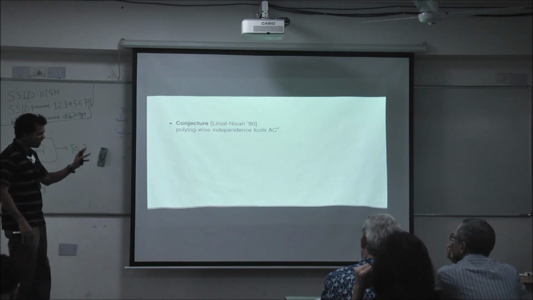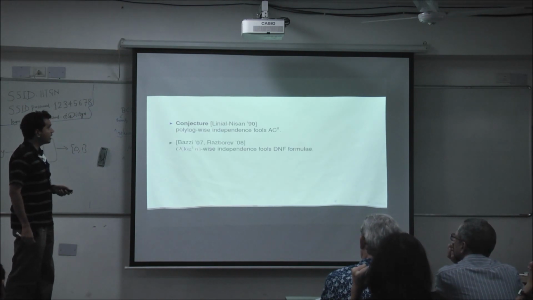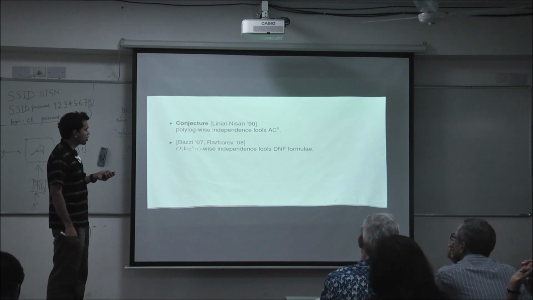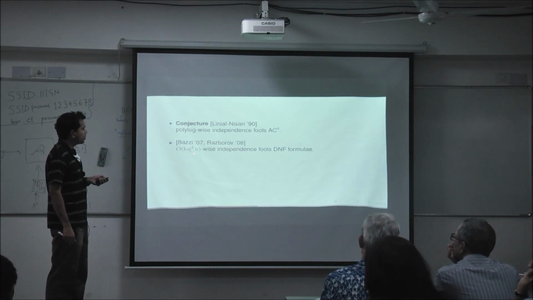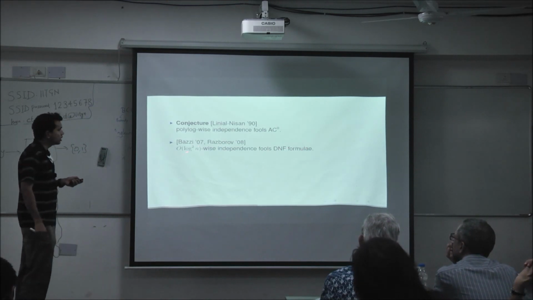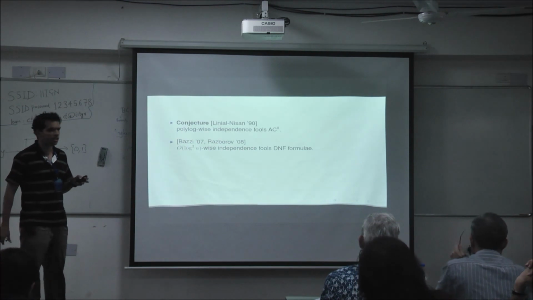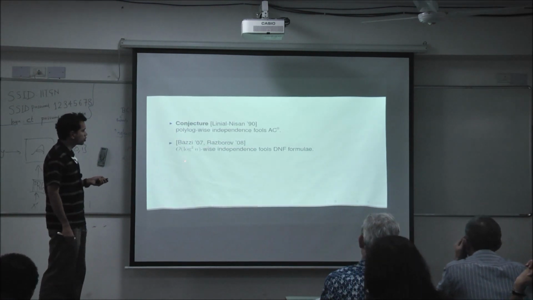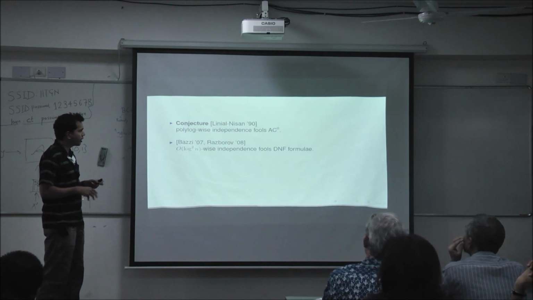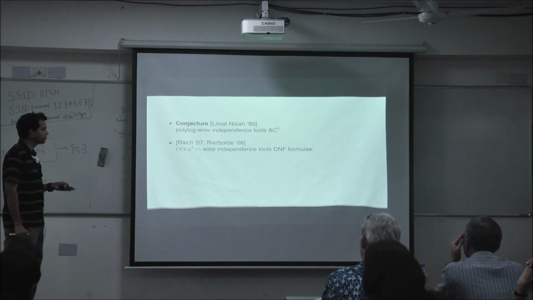So as I said, there's a very good reason to conjecture something like this. But the first progress on this conjecture was made back in 2007, so almost 20 years ago, where it was shown that for depth 2 circuits, which are just DNF formulas, it is in fact true. So log squared n-wise independence is enough to fool DNFs. This was proved by Bazzi, a massive 60-page paper, and then Razborov brought it down to like 4 pages, very simple, very neat.